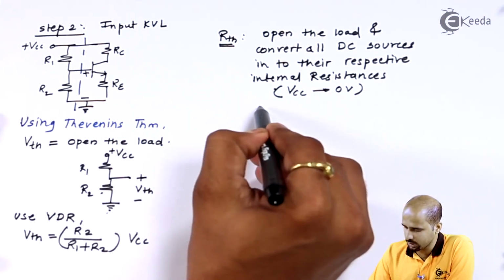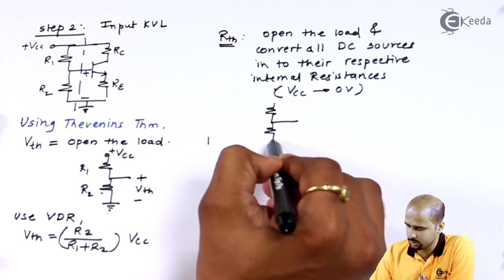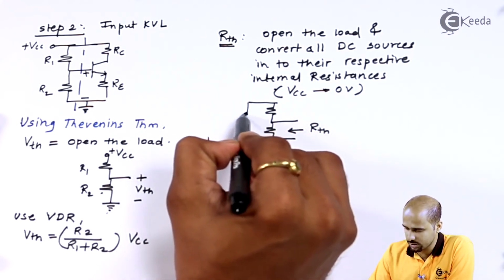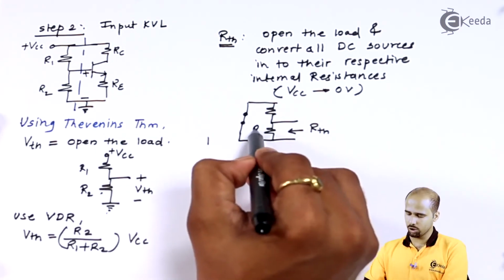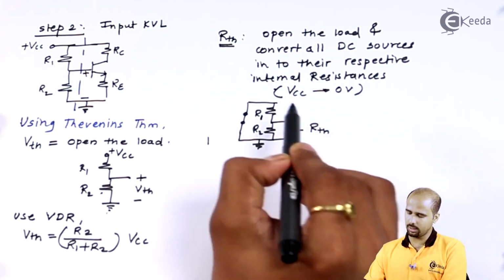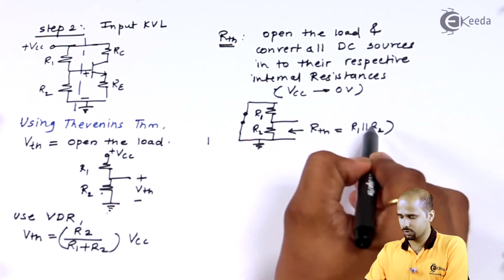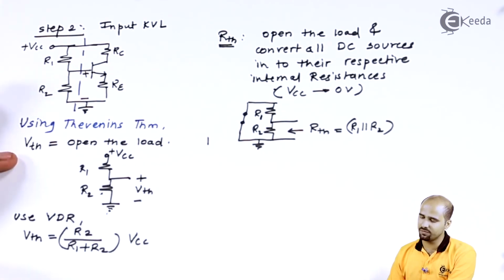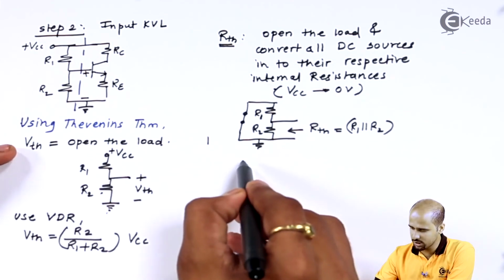So my circuit will look like a very simple circuit. This is nothing but the resistance. Here we have to calculate the value of the RTH. This VCC is short circuited and connected to ground, right? So obviously if I look into R2, I will get RTH as R1 parallel R2. So now the calculation of VTH and RTH is over, so I can form another circuit which is a simplified version of this circuit. I will draw this circuit over here.